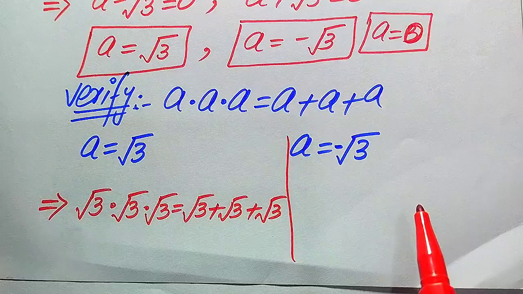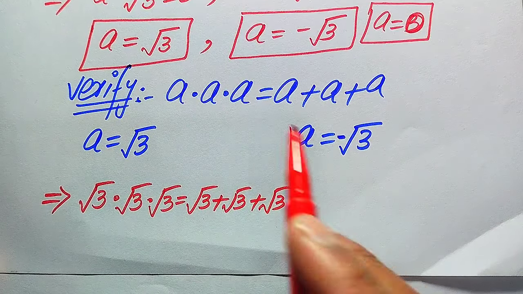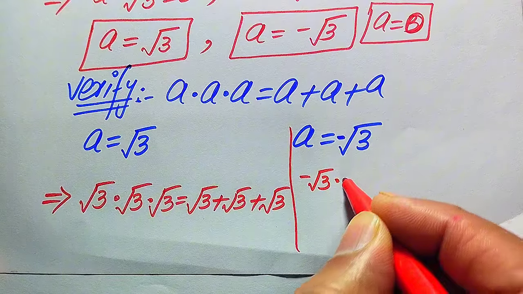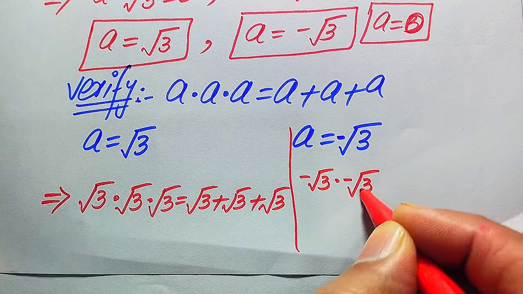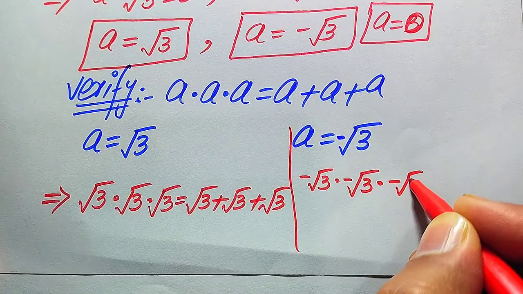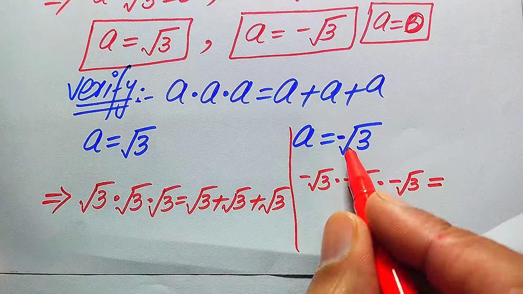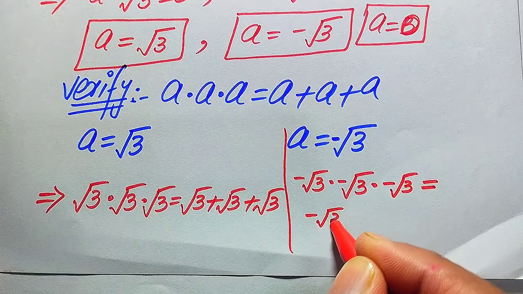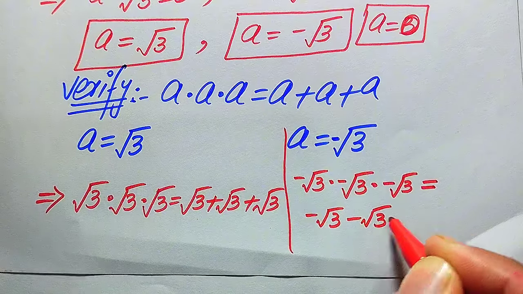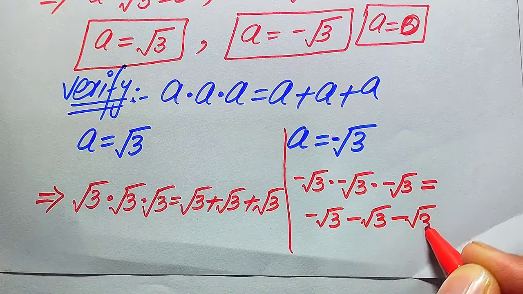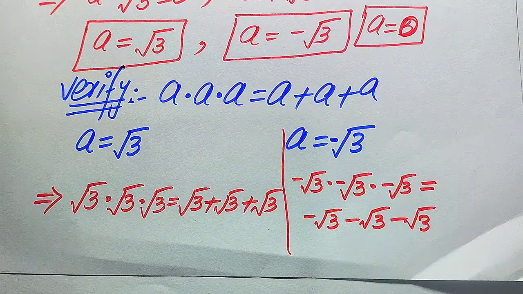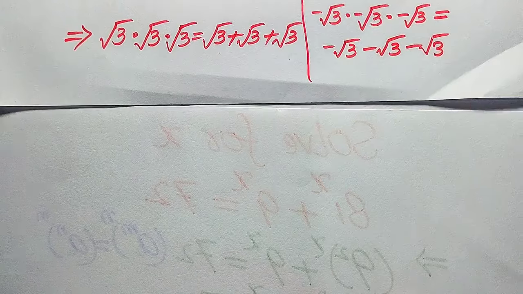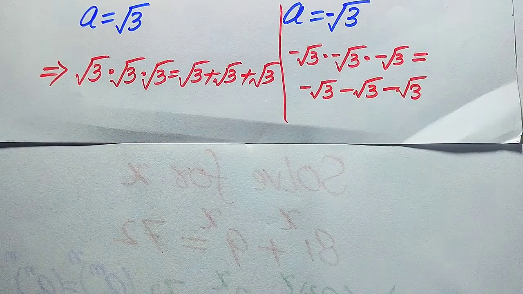And similarly, in the same pattern we substitute the negative term here, and it becomes minus square root of 3 multiplied by minus square root of 3 multiplied by minus square root of 3 is equals to, when you put this negative value here, minus square root of 3 minus square root of 3 and minus square root of 3. And further in the next step, here we need more simplification, and it will be written as